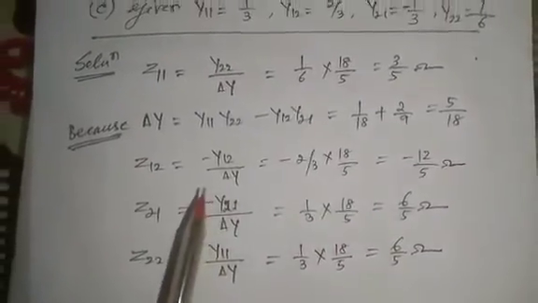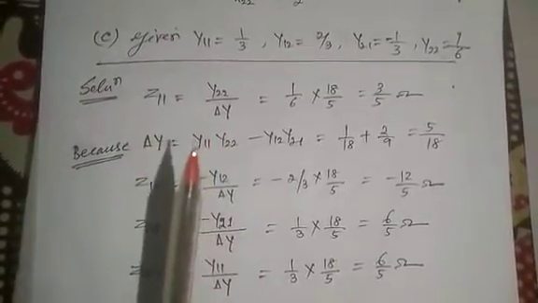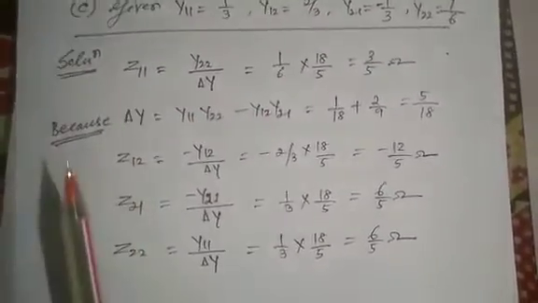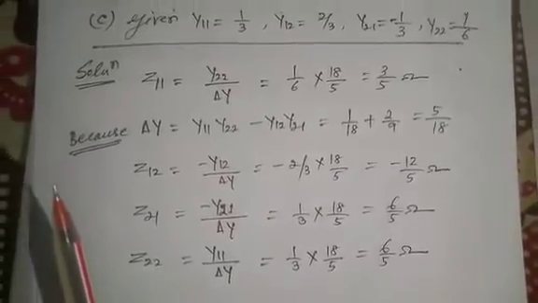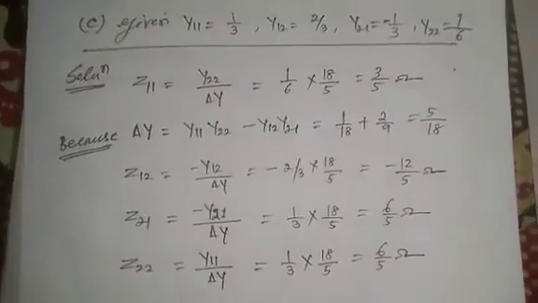In this way we calculate. If the other parameters are given, suppose the ABCD parameters, h parameters, or y parameters, we can calculate the z parameters. That is the interrelationship between various parameters. We will discuss the rest in the next class. Thank you.